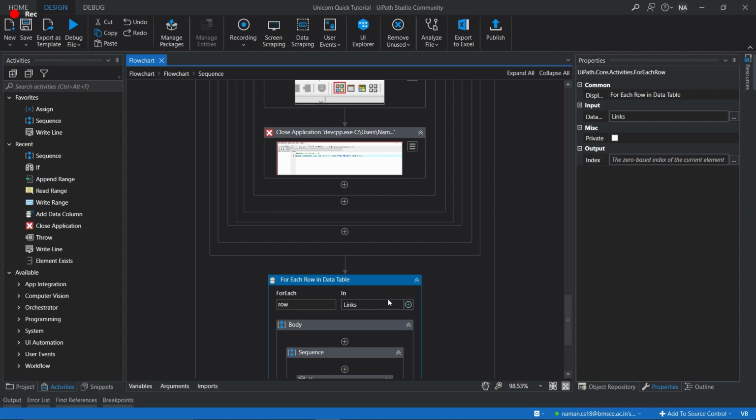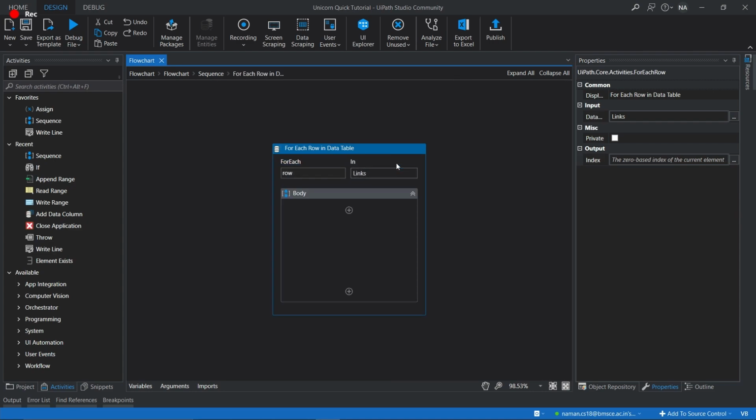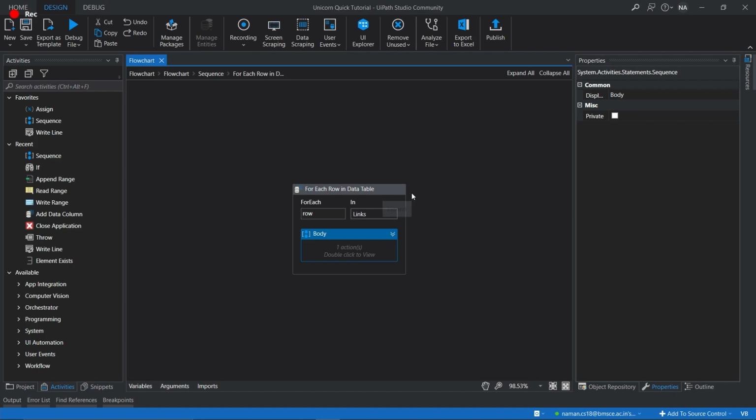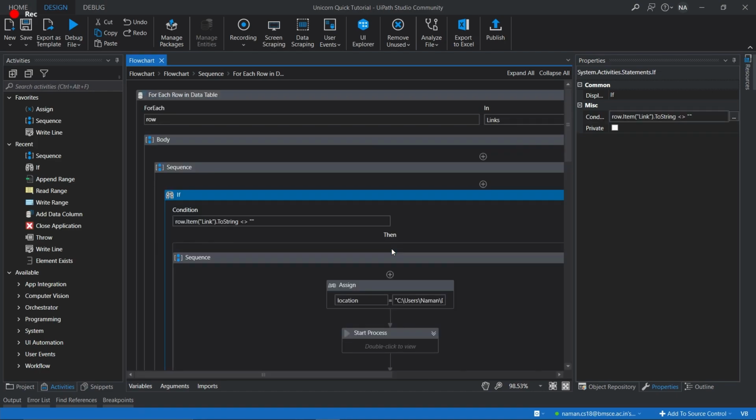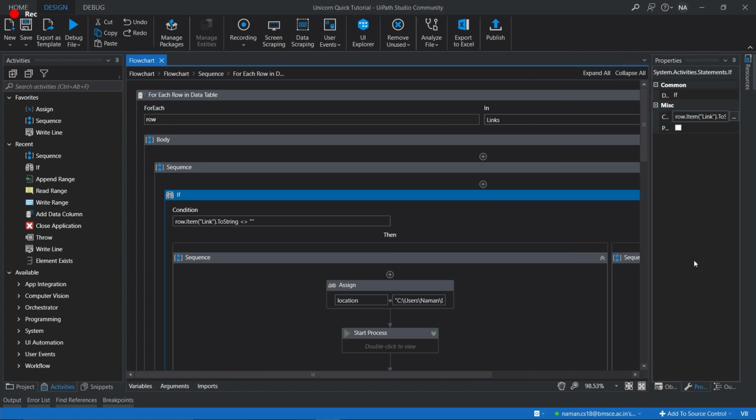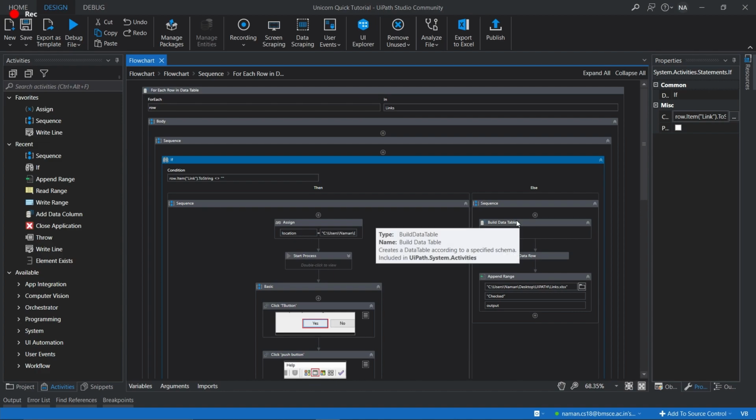For that, we go into this third for loop, and I'll just make it big. Basically, in this third for loop, we go through each link, and if the link is not present, then we don't need to compile or run the file.